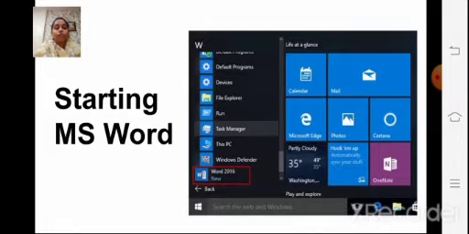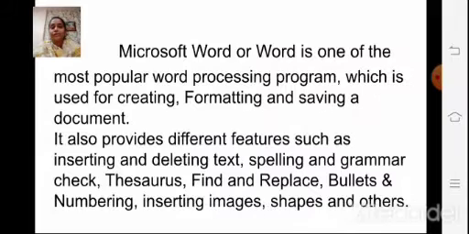How to open? Click on the Start button, find the Microsoft Word application, and click on that. You will get the screen of Microsoft Word.